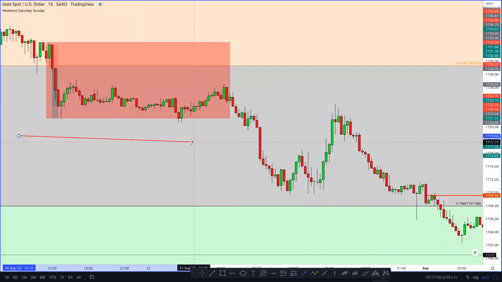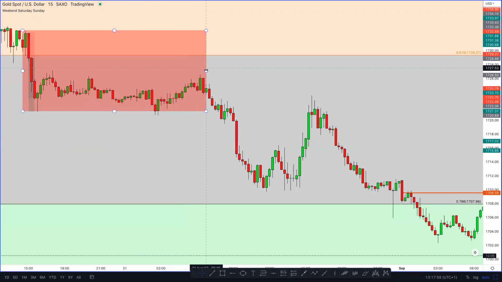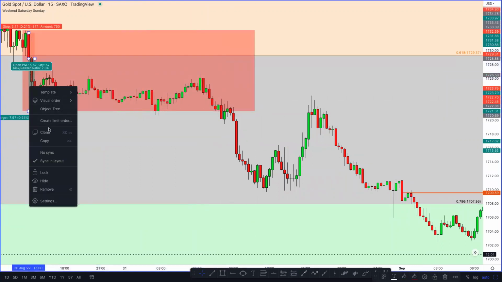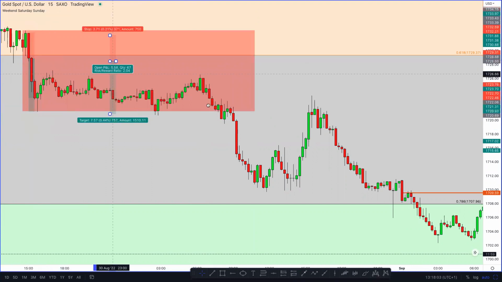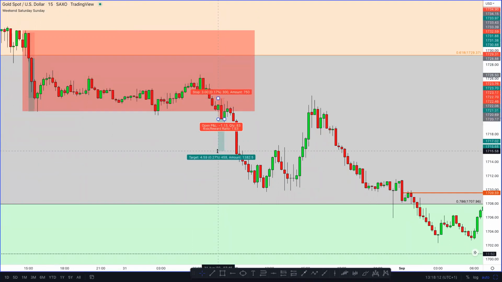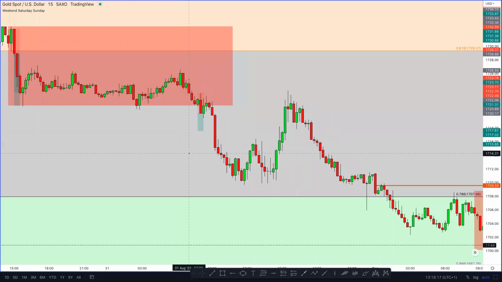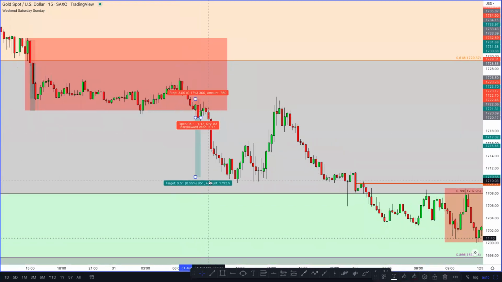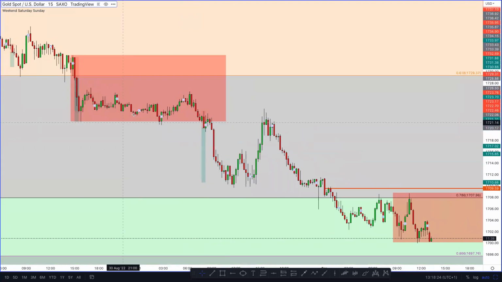And then what do we see over here? Eventually, let's make this box bigger. Boom, we got a breakout here. Let's clone this again. Here you go. Stop loss just above that candle, 25 pips, if you want to call it that, would have been here. We would have been good on that trade there. And if not, you still could have made it go all the way down to this level down here. Yeah.